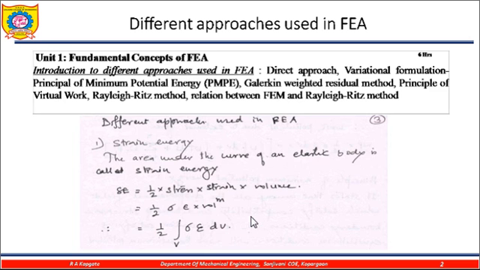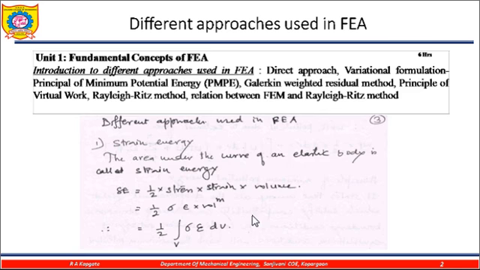So whenever we are thinking about strain energy, it is the energy stored in the material. If I take a small material, or if I take a larger material, then it has a different strain energy, and that strain energy we can calculate very easily because it is related to the volume. If the volume is changing, strain energy is changing. If I take the smaller component, my strain energy is less. If my volume is larger, then my strain energy is increasing for the same material. So ultimately strain energy is the right concept to understand first of all.